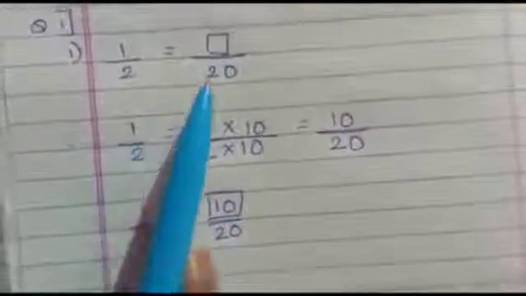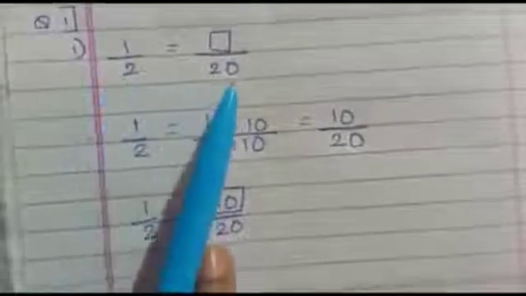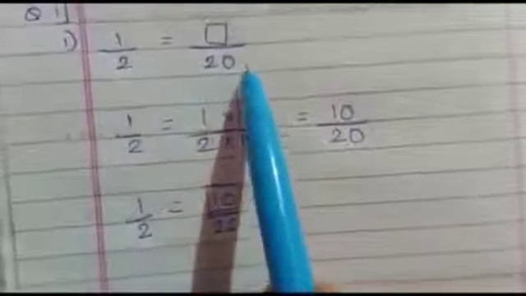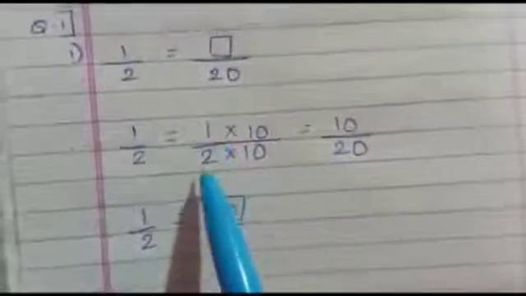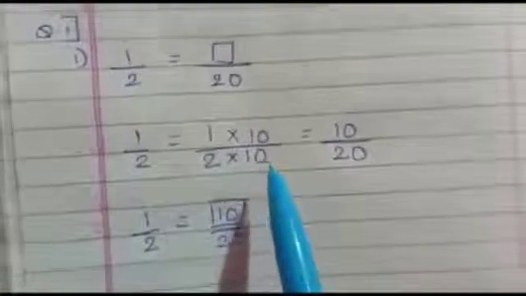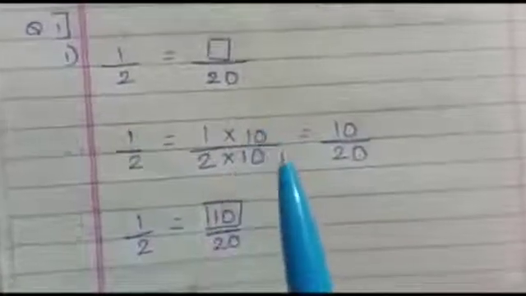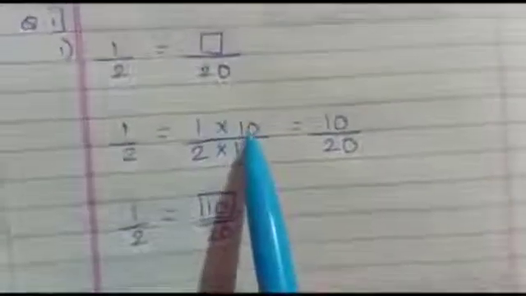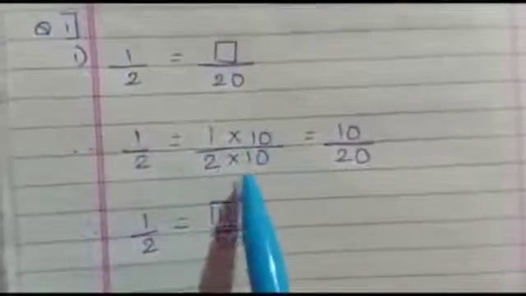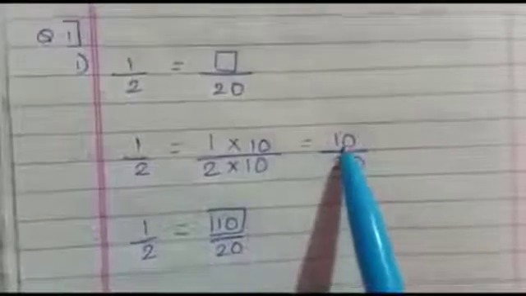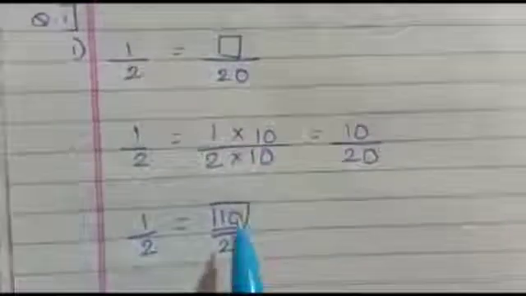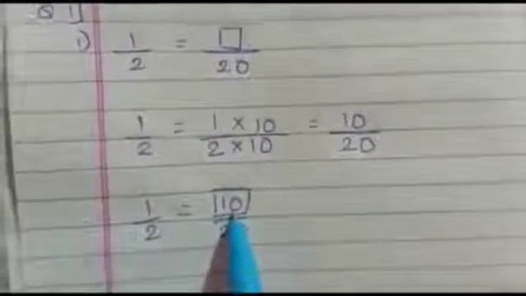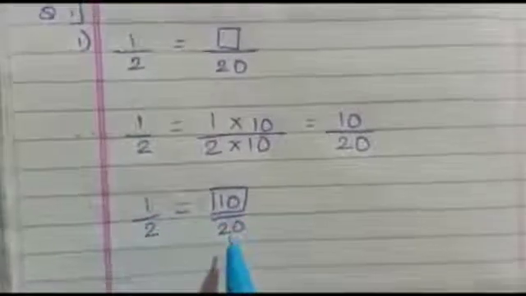So 1/2 is equal to question mark upon 20. 20 is divisible by 2, that is 2 tens are 20. So we did the simple multiplication. How we got the 20? By 2 tens are 20. If you are multiplying the denominator with the 10, so you have to multiply the numerator also with the same number. You can't change the number over here. So 1 multiplied by 10, 2 multiplied by 10. 1 tens are 10, 2 tens are 20. So what is the numerator over here? 10. 1 upon 2 is equal to 10 upon 20. Is that clear? First one?